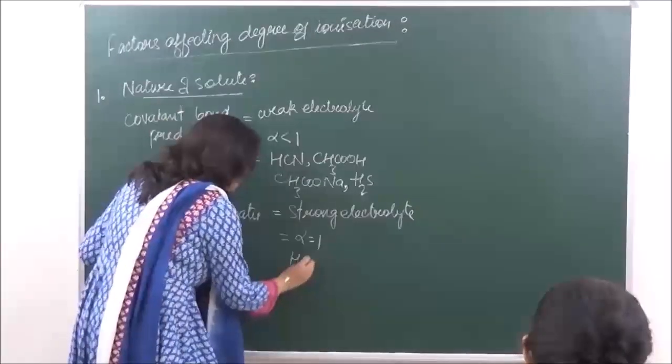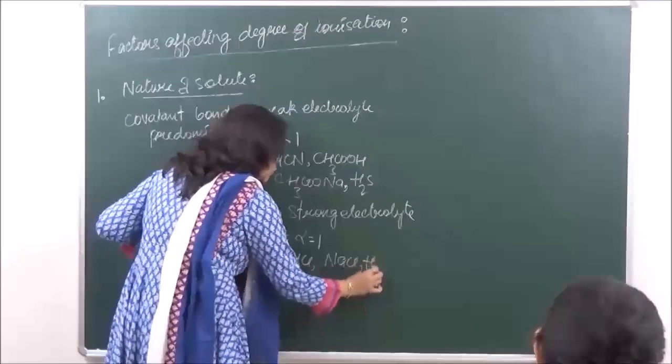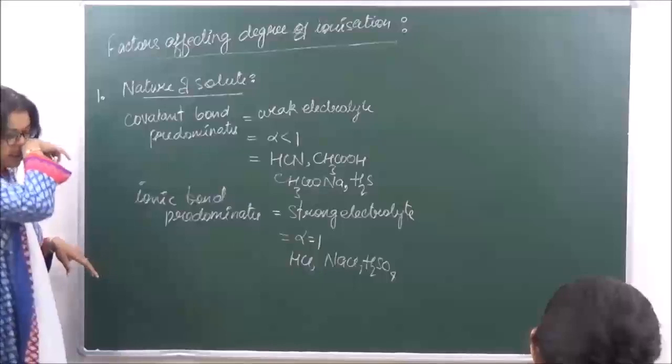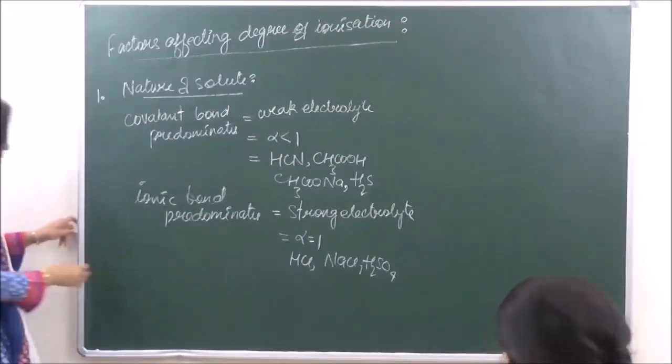Examples are HCl, NaCl, H2SO4. All these are examples of strong electrolytes. Then the second factor is